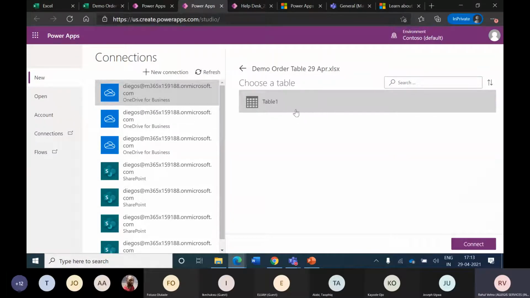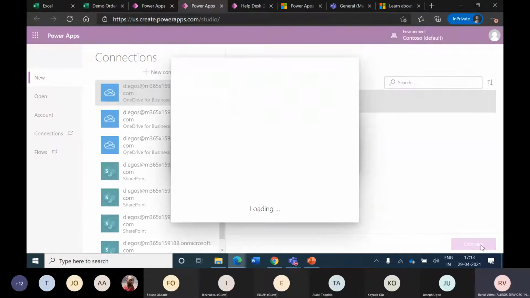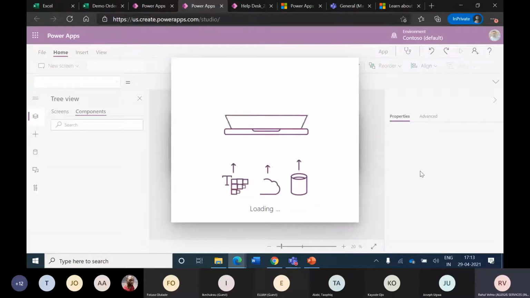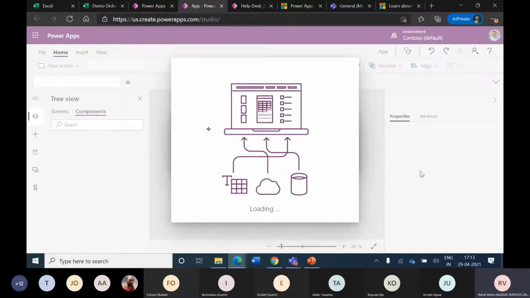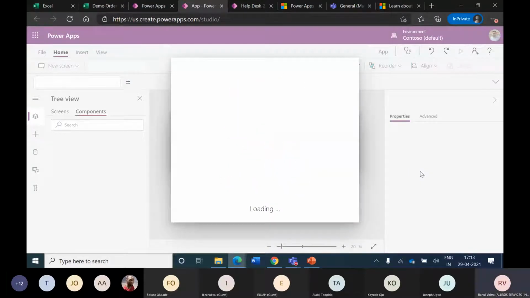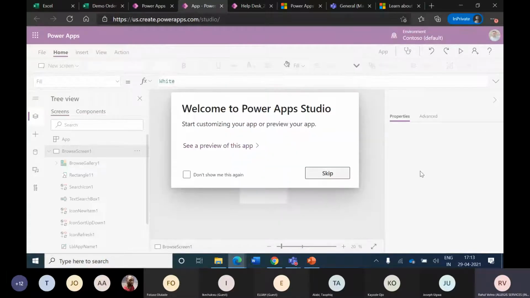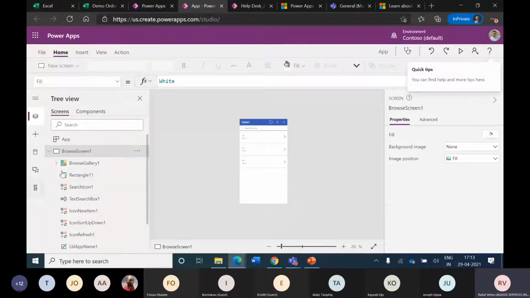If there are multiple tables in the same file, it will show me multiple tables and I will choose the one I want and I simply click on connect and it gets into its app creation mode, just like it did earlier when we created based on the template. So what it is essentially doing is taking our table in as an input and then on top of it, it is trying to build an app. So this is done now.